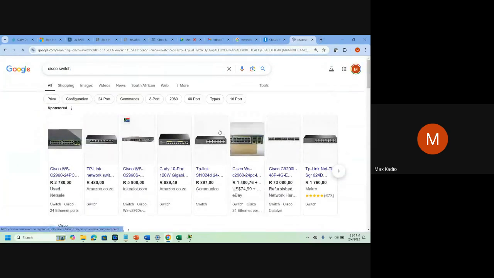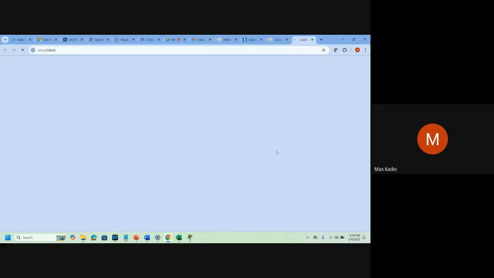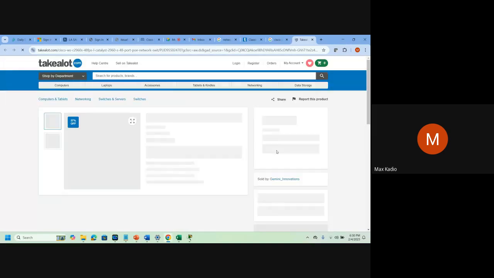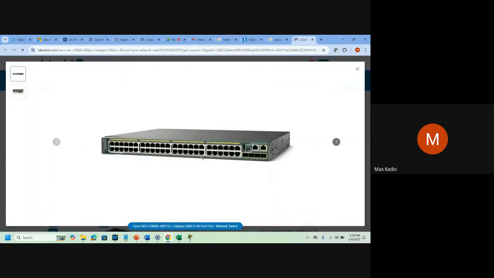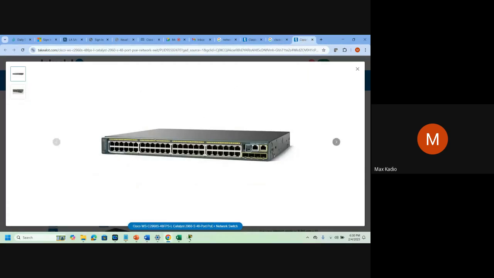We have many companies building switches. This is an example of a switch. For each port, we take one cable: one end goes to the network interface card of the PC, and the other goes to one of these ports on the switch.